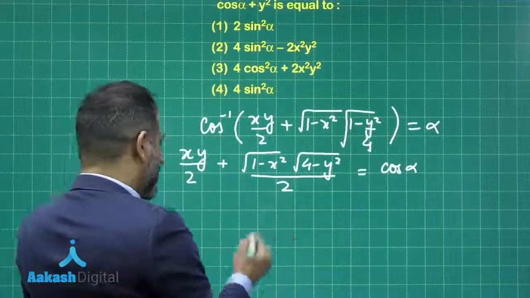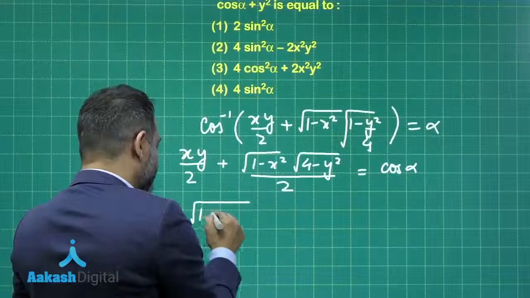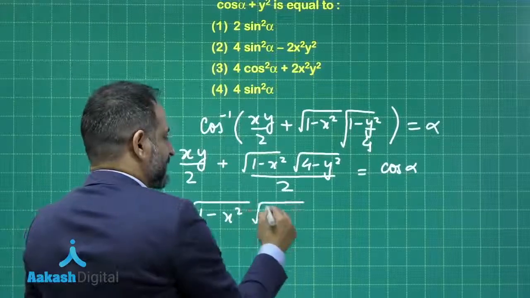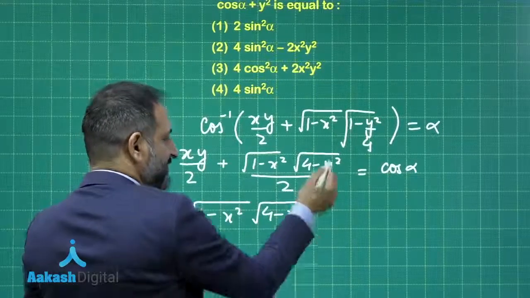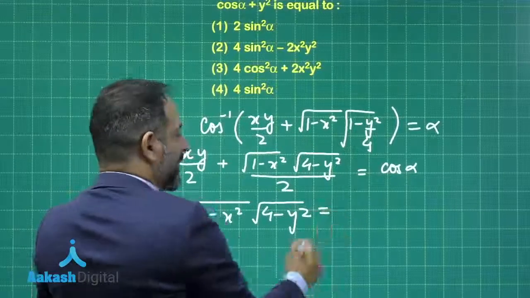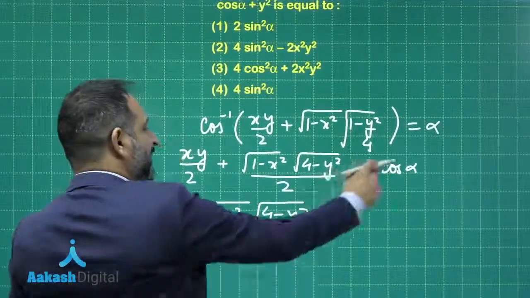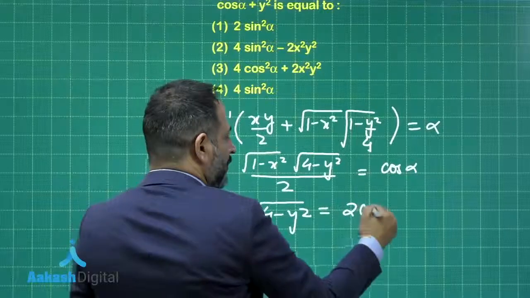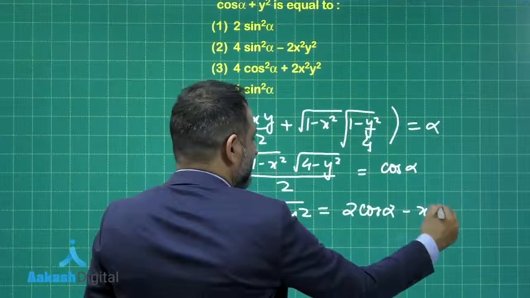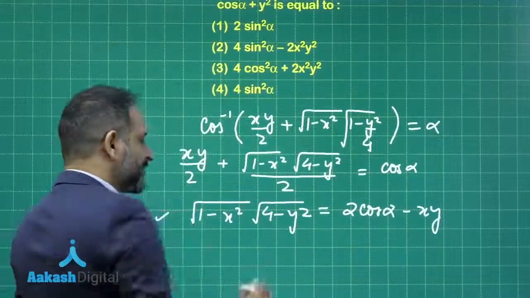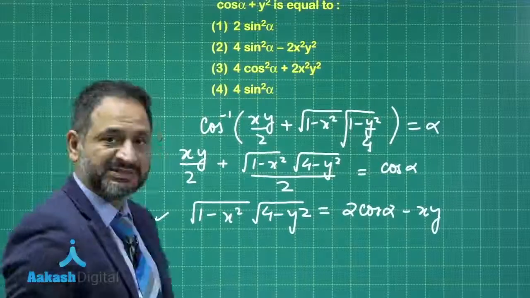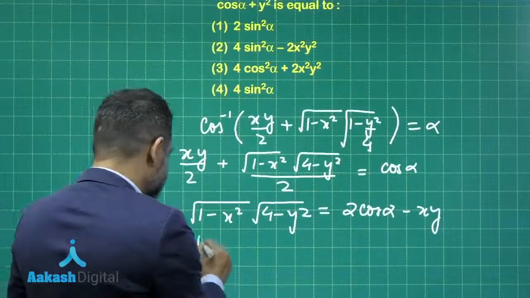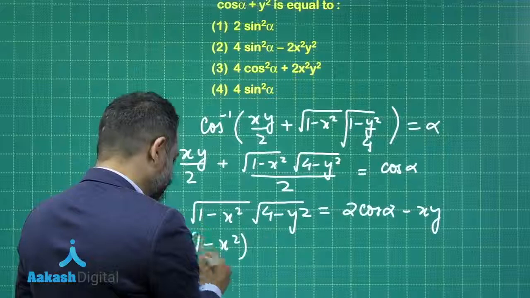So, we have taking under root on one side, and on the other side we will be having 2 cos alpha minus xy. Now to get rid of this under root, we need to square it out here. So squaring here will give you